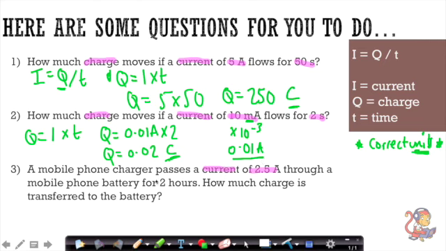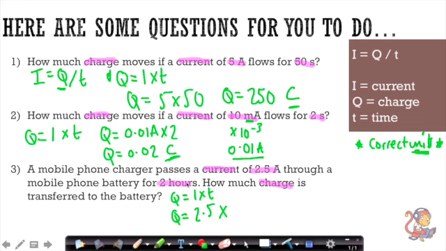In our final question, we've got a mobile phone charger that passes a current of 2.5 amps through a mobile phone battery for 2 hours. How much charge is transferred to the battery? So again, we need Q equals I times T, our rearranged equation, and we've got a current of 2.5 amps